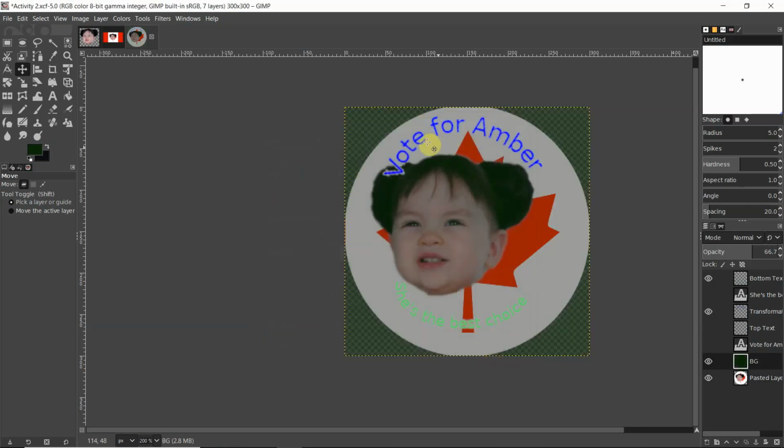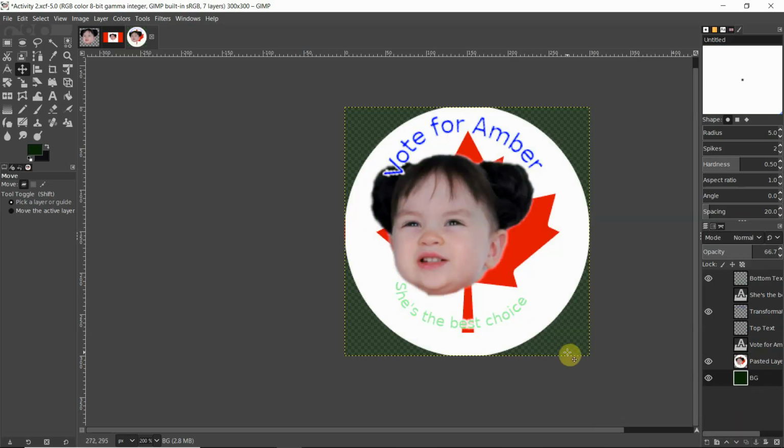Now here's a problem. You can see that it covers amber. It gives it a shade of green. We don't want that, right? So what we're going to do is select BG and just move it down. And there we go. Now the background color is green, amber's on top, and we can go to File,